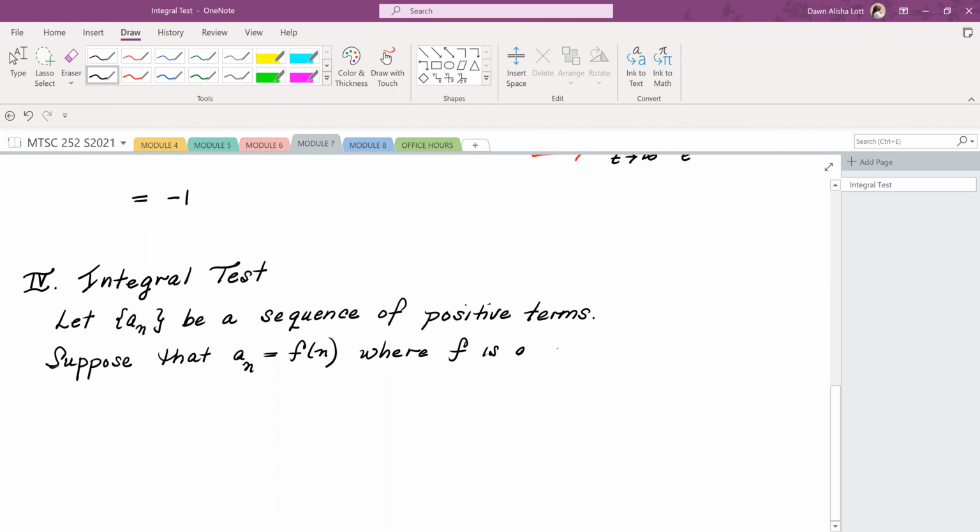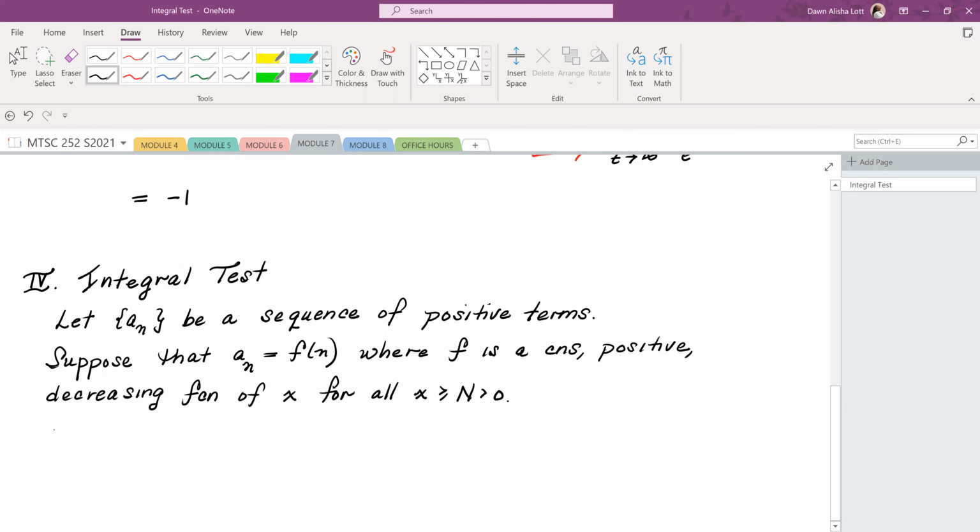It's a continuous, positive, decreasing function of x for all x bigger than or equal to some n,